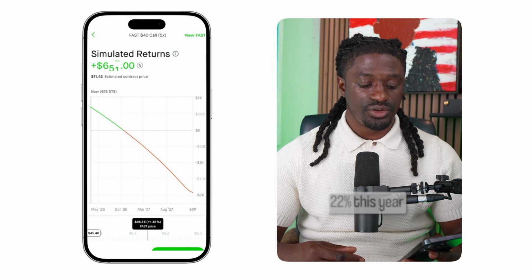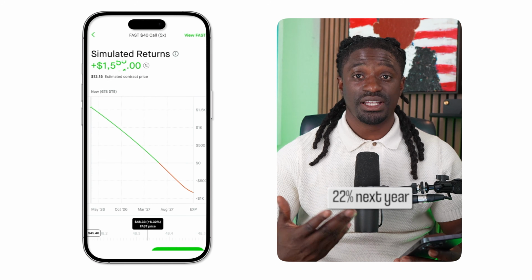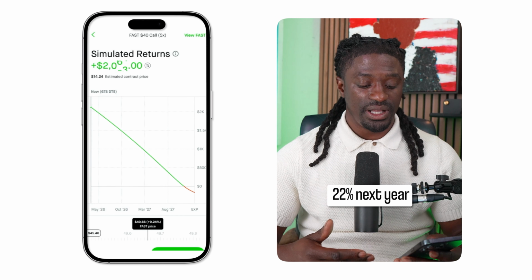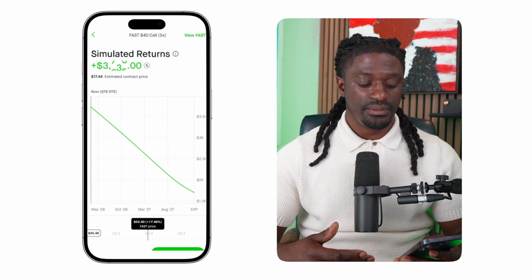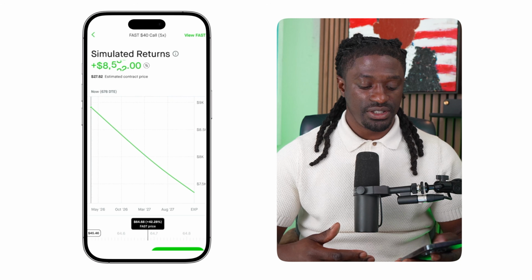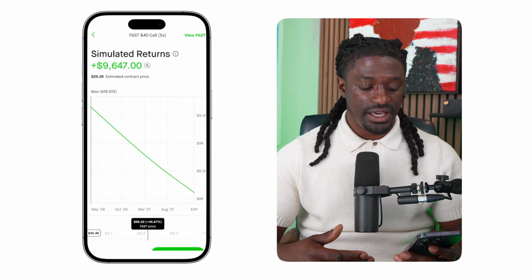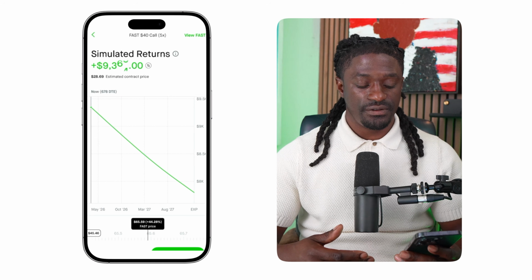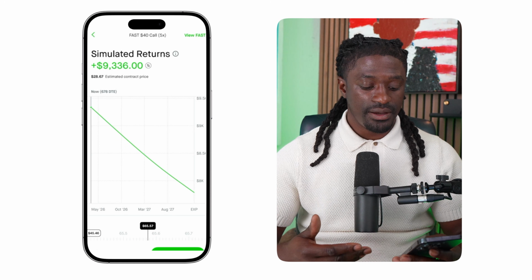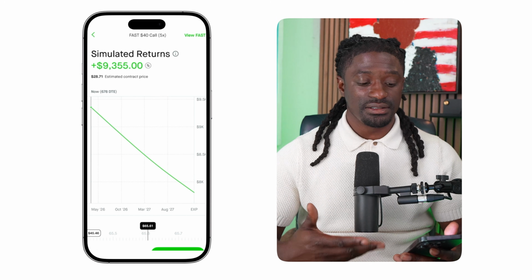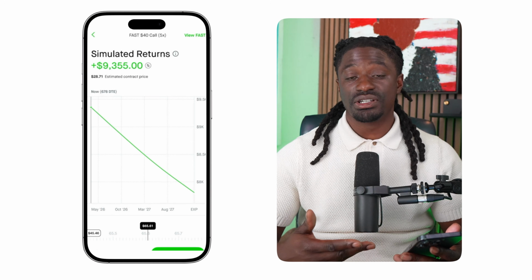As Fast goes up 22% this year and 22% next year, I've got 2 years left on my LEAP option. Let me show you guys the kind of money I can make. So that's 22% the first year, and let's go to 44%. And here we go right here on Fast. If Fast goes up 22% again for the next 2 years, I can make close to $10,000,